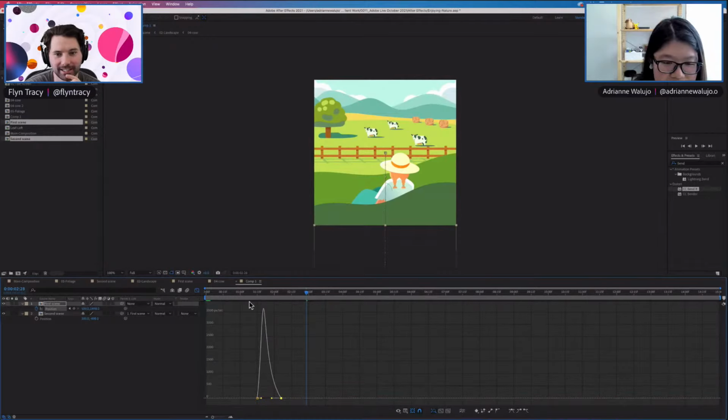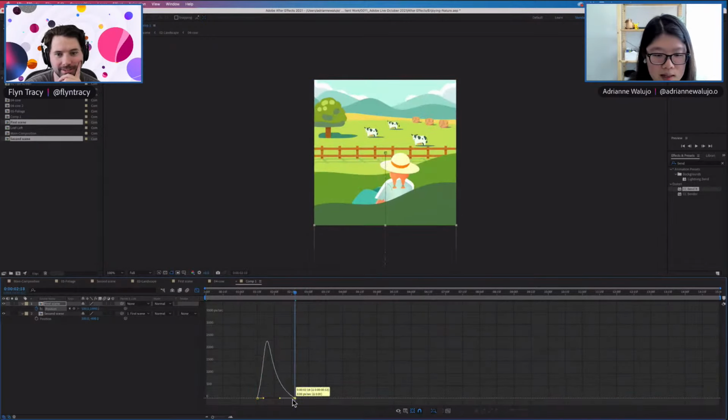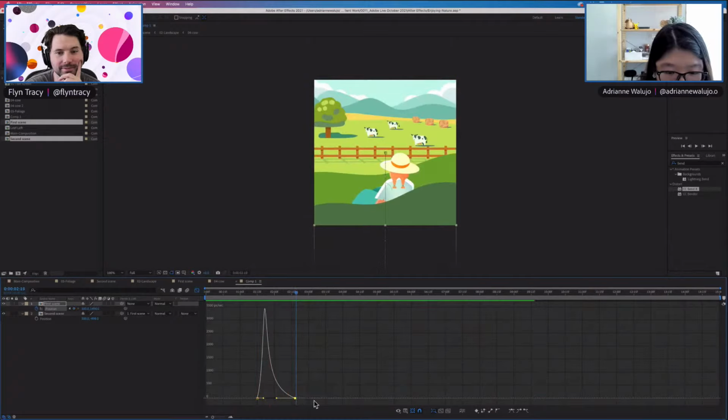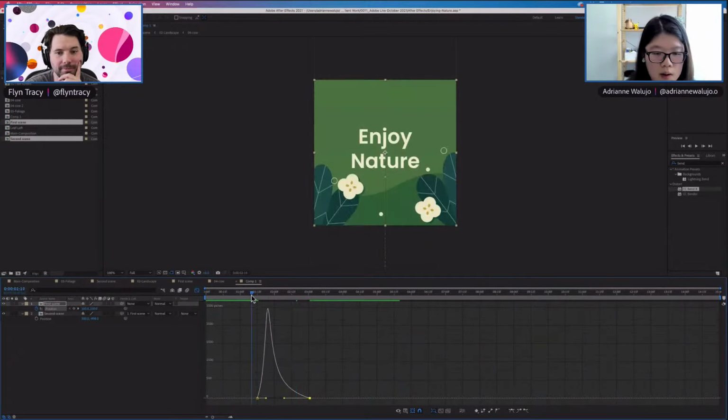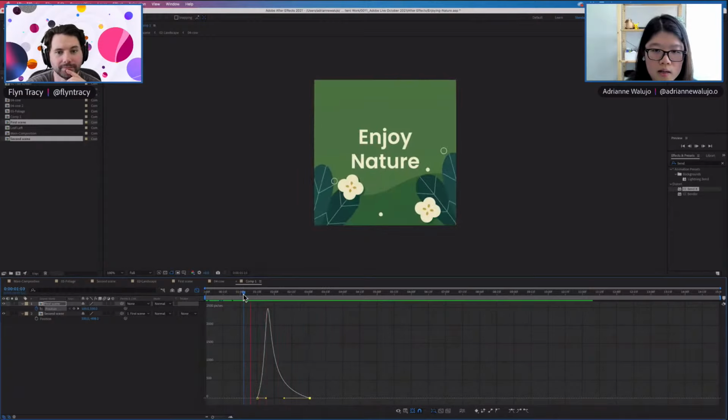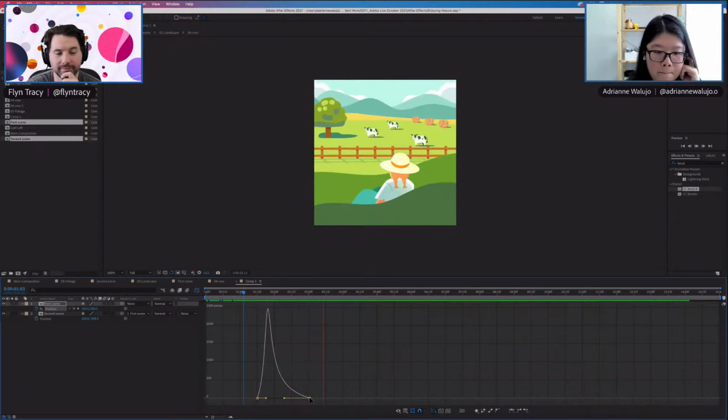So you're just adding the easy ease in there that you mentioned before? Yeah, the easy ease, and then just adjusting because it's moving too fast. Even in the graph, when you move this around, you're increasing the space within the keyframe, and you're able to see how slow it is. I like that better. Yep, so that's how I added that.